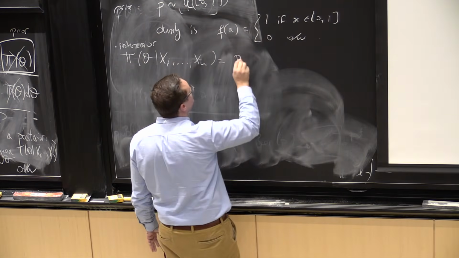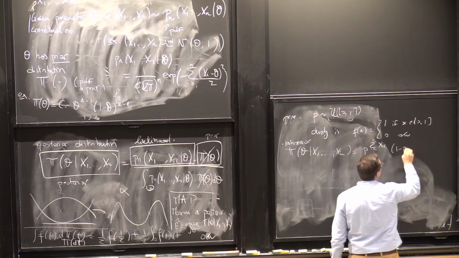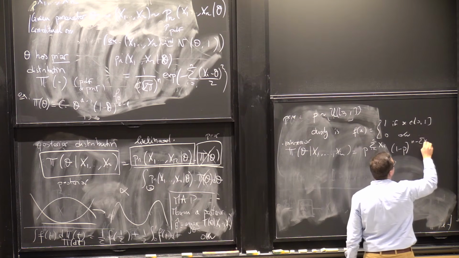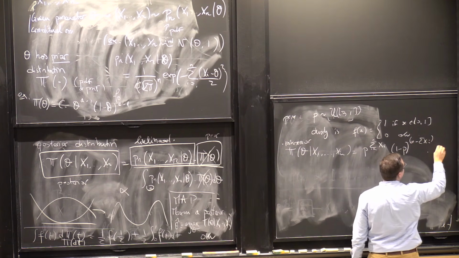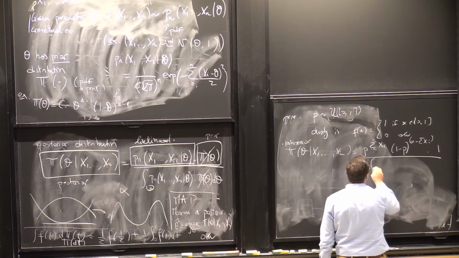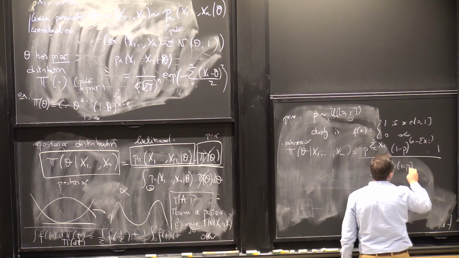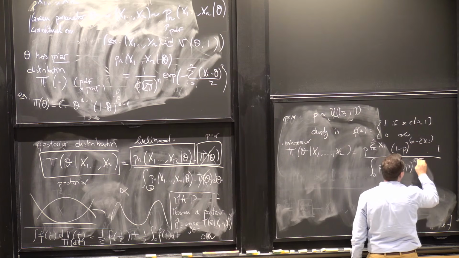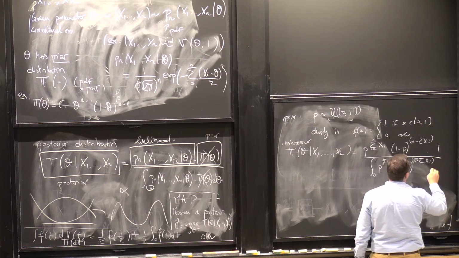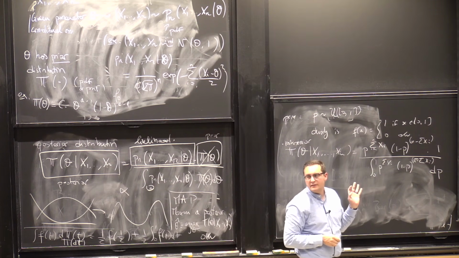So it's p to the power sum of the xi's, 1 minus p to the power n minus sum of the xi's, multiplied by 1 and then divided by this integral between 0 and 1 of p to the sum of the xi's, 1 minus p to the n minus sum of the xi's, dp,